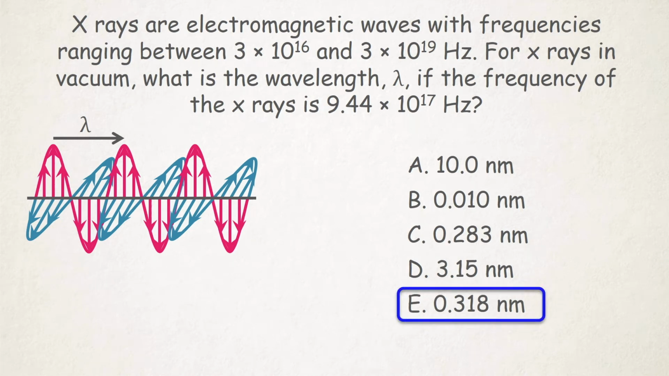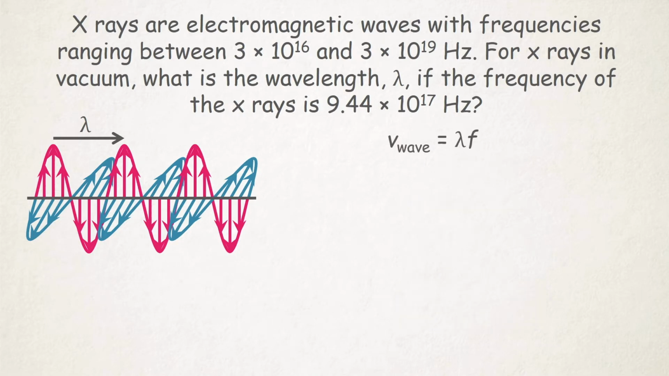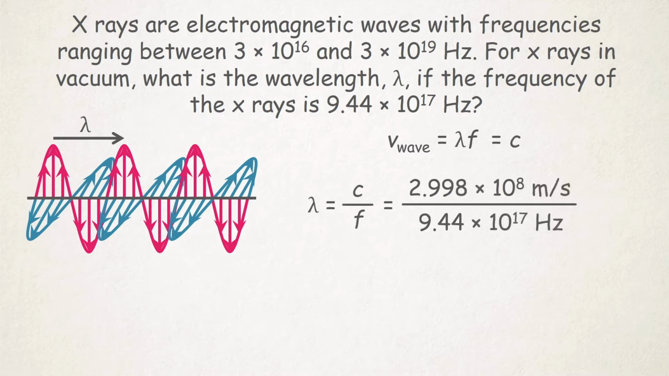The correct answer is E, 0.318 nanometers. The speed of any wave is the wavelength times the frequency, and this is equal to c for an electromagnetic wave in vacuum. Solve for the wavelength and substitute the values of the speed of light in vacuum and the